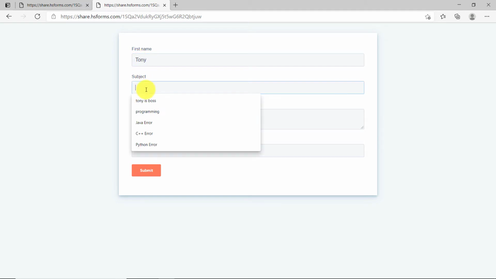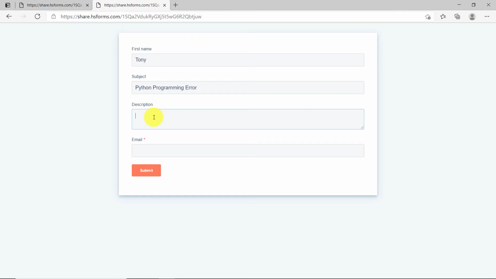And the subject he's mentioning is Python programming error. Basically he is going to construct a ticket for it in Zendesk, and the description he's mentioning is the for and while loop has failed.